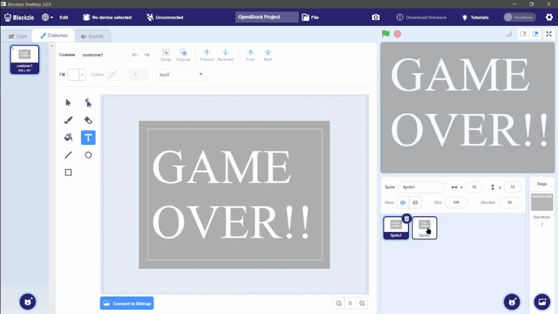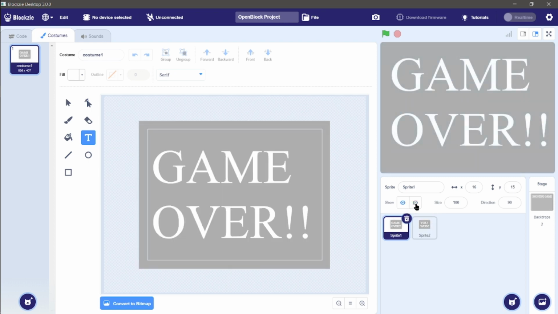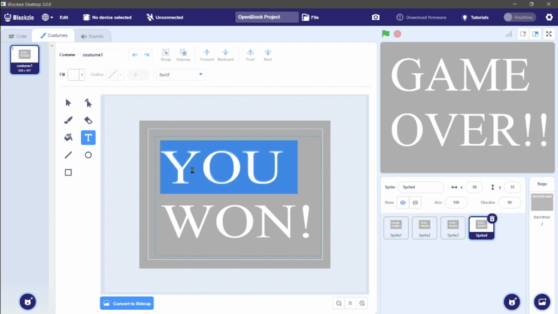Okay. This is game over. This is you won. After that, we need two different levels, level 1 and level 2. For that, I am also using this, just changing the